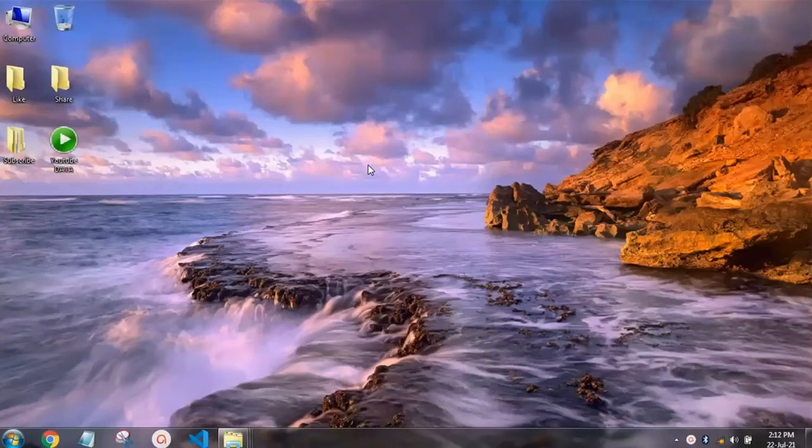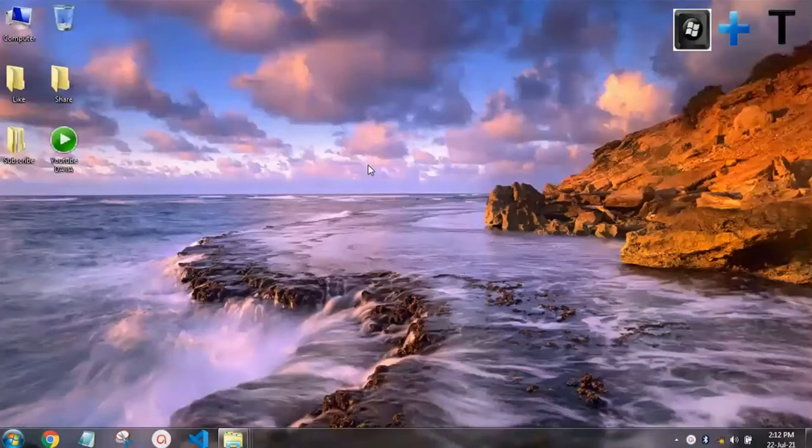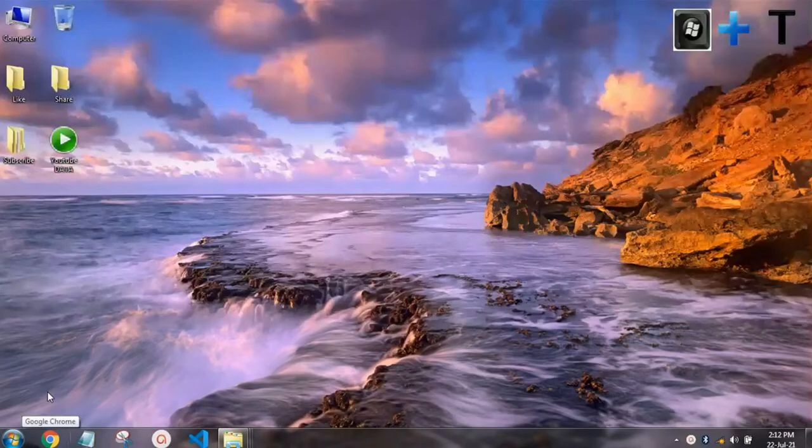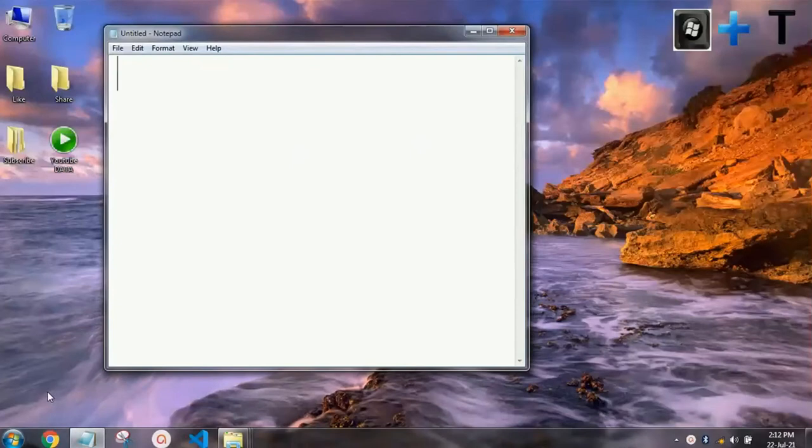Now let's move to shortcut key number 11. Number 11 is to open the pinned or running programs on the taskbar. The shortcut key is Windows plus T. As you press it, look at the taskbar. As you press Windows T, you will be able to move to any program. So if I want to open Chrome or Notepad, I just go there and press enter. Your Notepad will automatically open without clicking the mouse. I hope you understand.